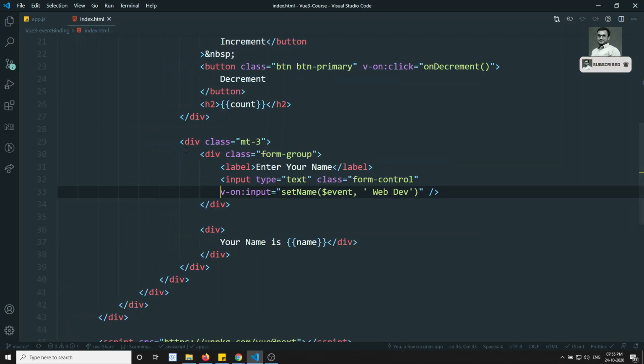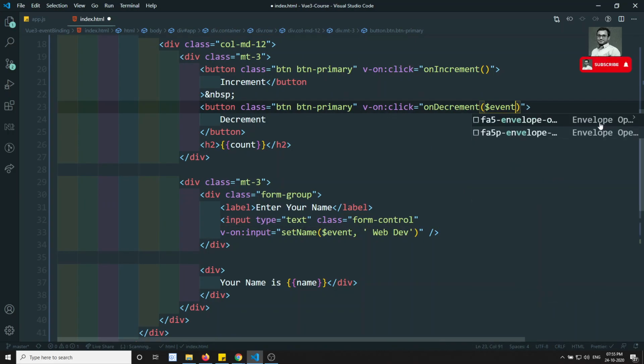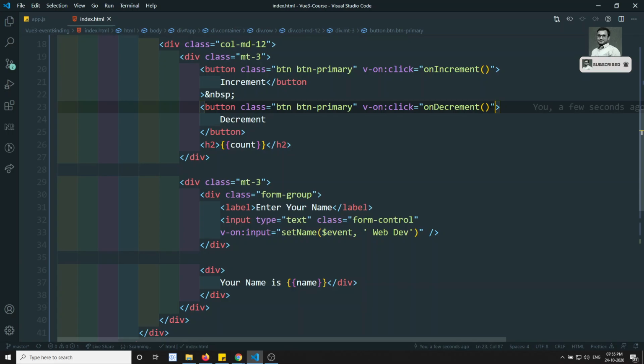In the same scenario, in the on click also, if you want to send the event and you are using parentheses, you need to send the event like this, $event, so that you can capture that event there. If you are not using parentheses, the event will automatically be passed. Otherwise, if you are using parentheses, you need to explicitly write $event here. Same as in Angular only. In Angular also you get $event. Same thing. If you want to send the $event through event handling, you will be using $event. And here also we need to use the same, $event.